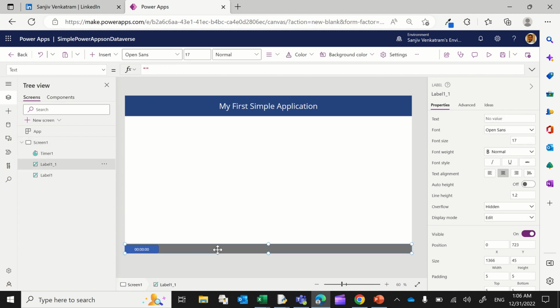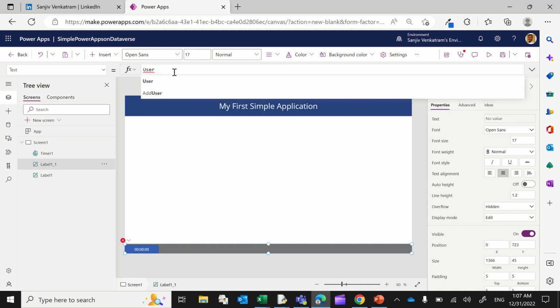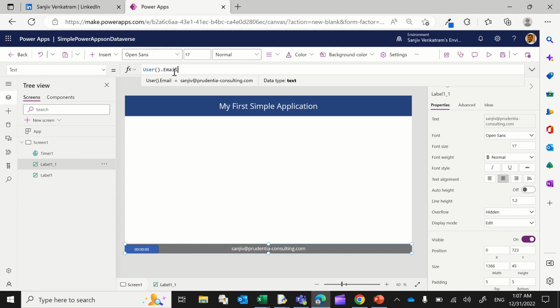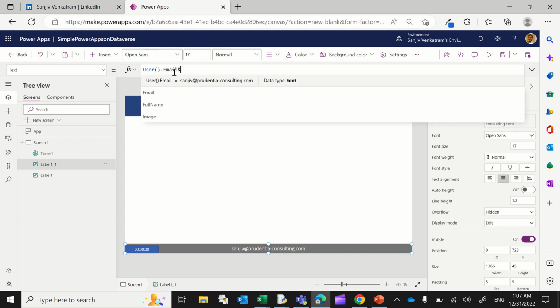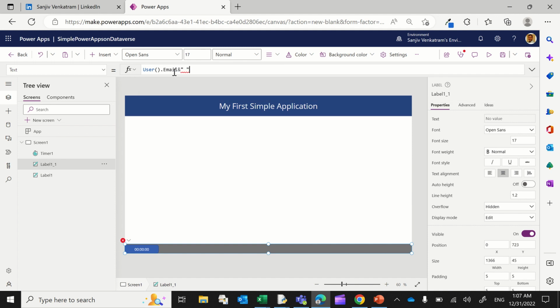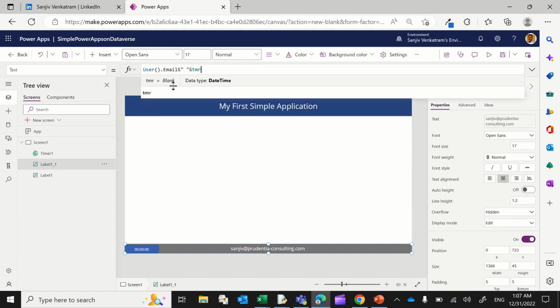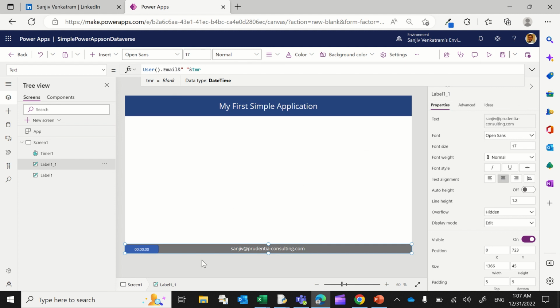So what I'm going to do is, in this footer, in the text box, I'm going to say, give me the user. I'll use the User function that gives me the ability to add email. We have gone through this in class, so this shouldn't be any kind of a surprise. And I'm going to add a little bit of a space, and use the timer, TMR, right? So right now it's blank, but then if I play this app,